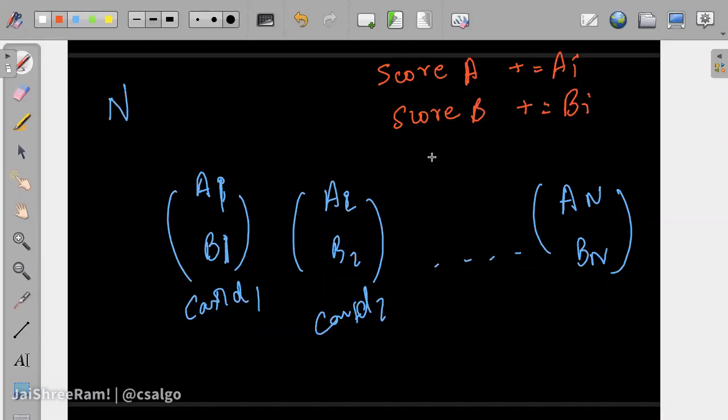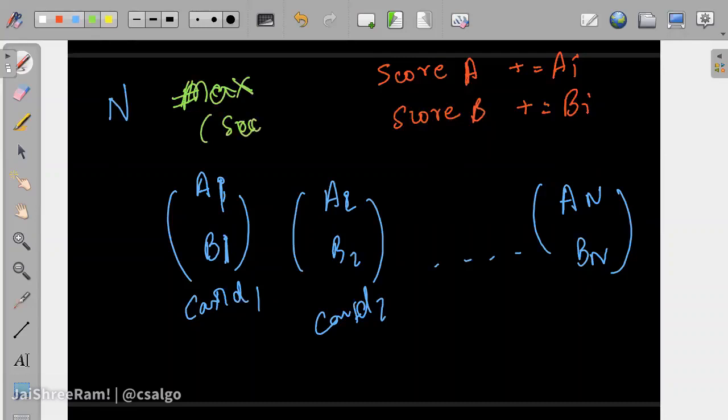Is the question clear first of all? There are n cards. We will take turns. So you first take one card, I take one card. When you take a card, you get ai score. When I take a card, I get bi score. Now you would need to design a strategy for yourself. I will also have my strategy. I already know the strategy, so I will play my game optimally. So if you make some mistake, I will try to take benefit of that. But you will need to take the cards in such a way that the difference between your score and my score is maximized. So if I put that mathematically, you will have to maximize